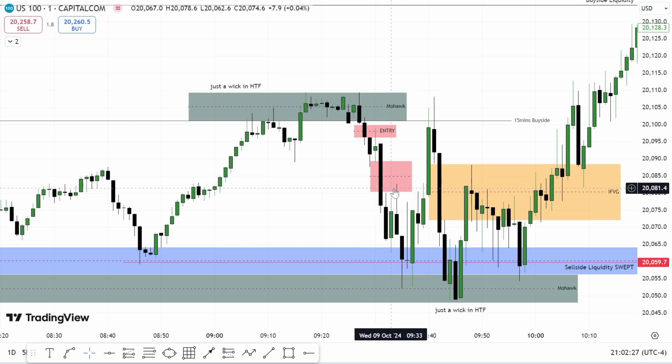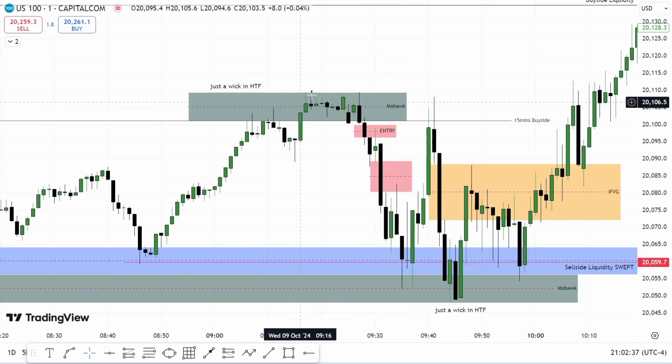This is why I got in my full position to the sell side liquidity. So I got out just at this point here. So this is just a wick just above here. This is more like a fake out, because a lot of people will be looking at this as a breakout. A lot of people will be looking at this as a breakout trend continuation because of all this